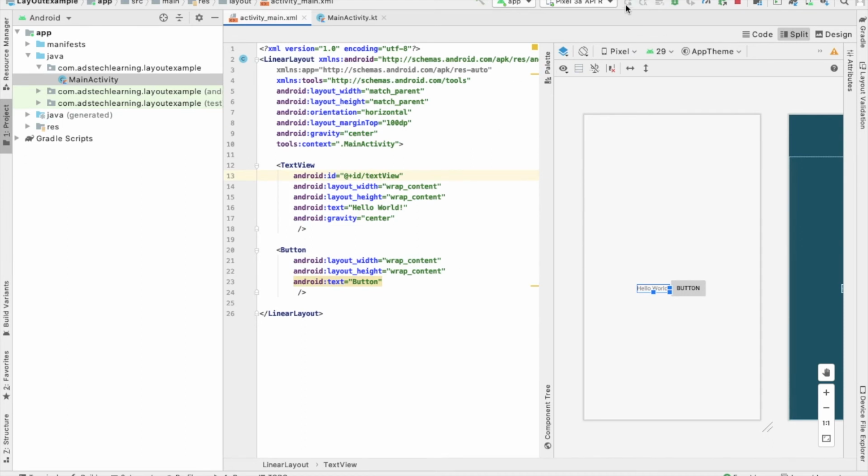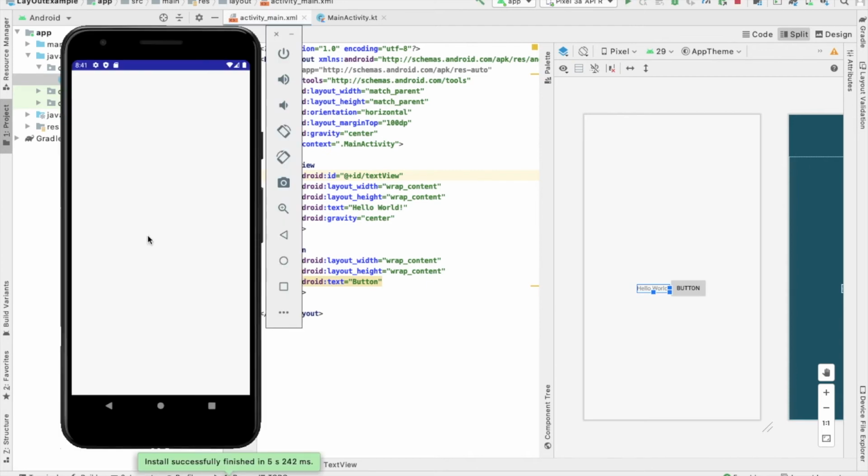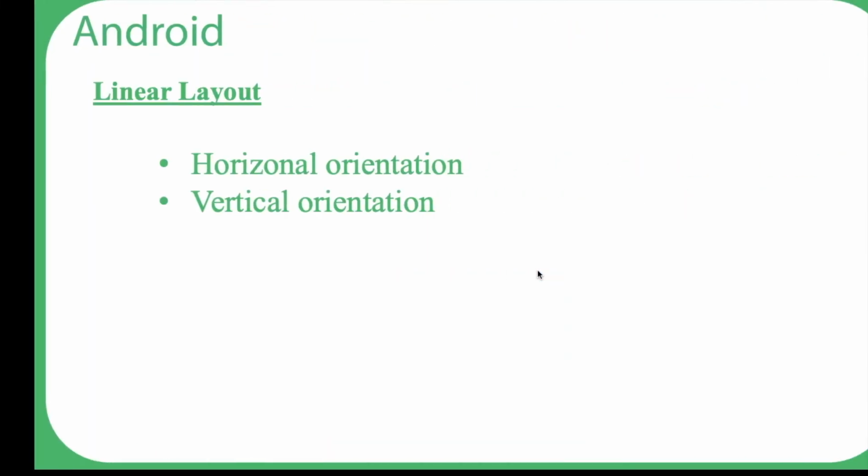We'll see the output. So now I got the orientation in horizontal manner. So this is about linear layout.